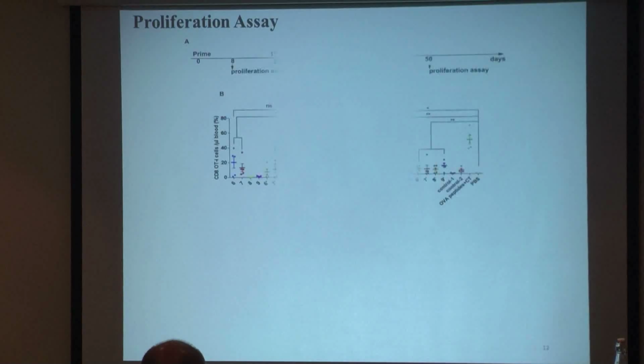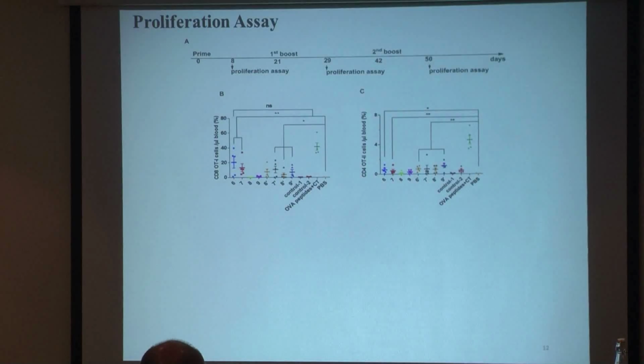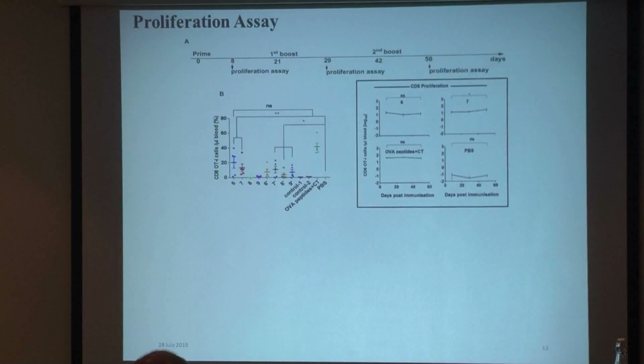immunogenicity test. So the results of the proliferation assay after the first immunization showed that the constructs with lipid at the N-terminus, which are 6 and 7, and constructs containing multiple OvaCD8, which are 6 prime to 9 prime, had a higher proliferation effect on the immune system of the CD8 OT1. But